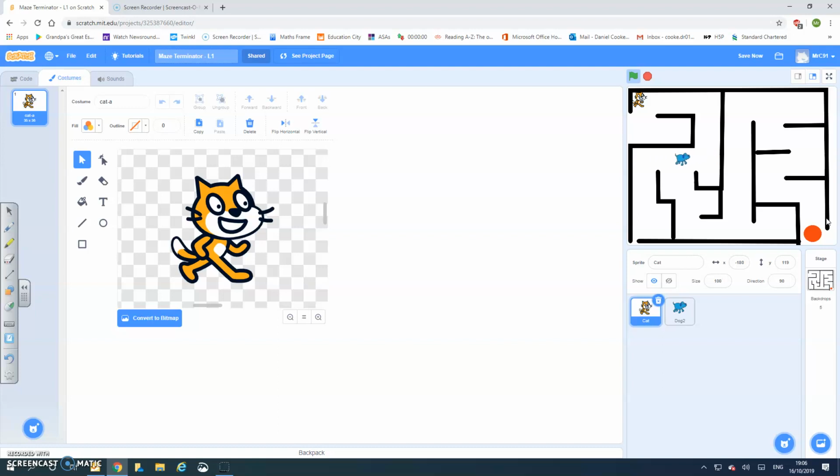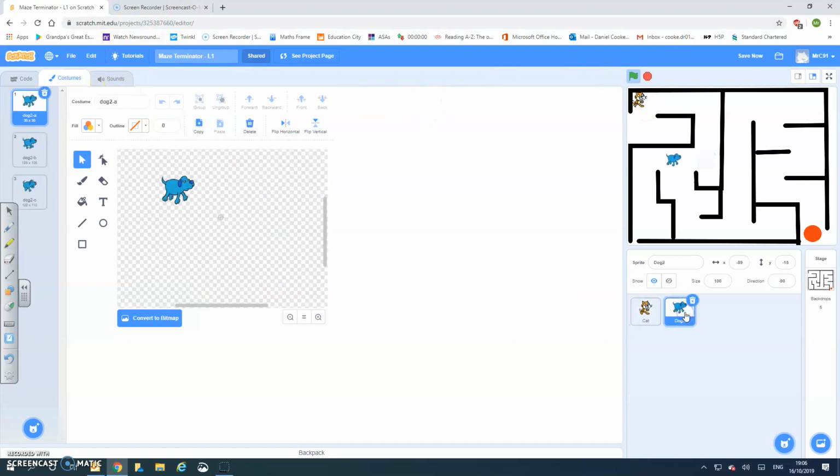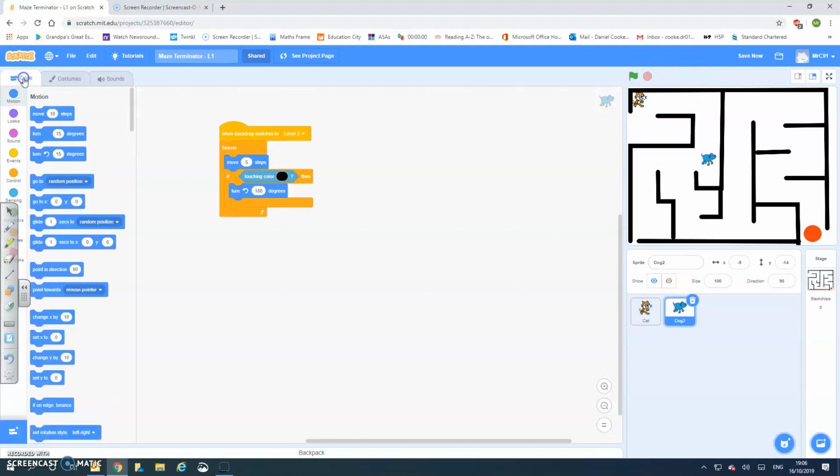Now, the next thing, you will probably have noticed that when we went on to backdrop 1, he was on backdrop 1, on level 1, and maybe we don't want him to be on level 1. So in order to do this, we need to click back onto the dog, stop him moving for a minute, go to code, and then we need to click on when backdrop switches